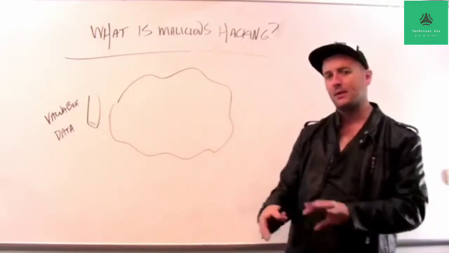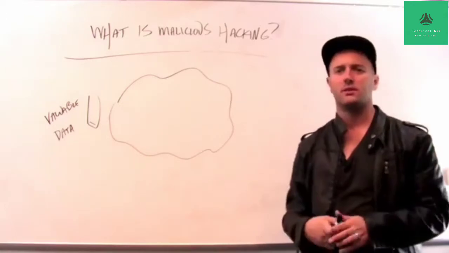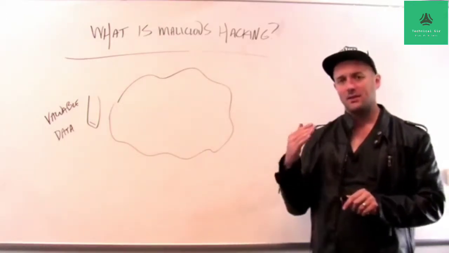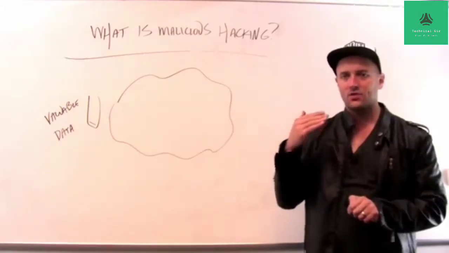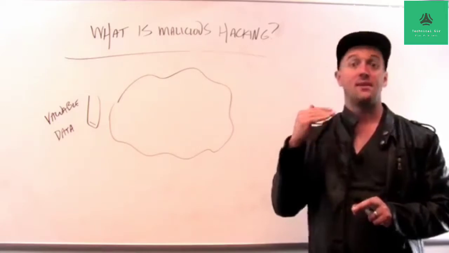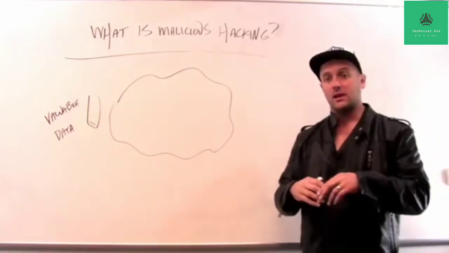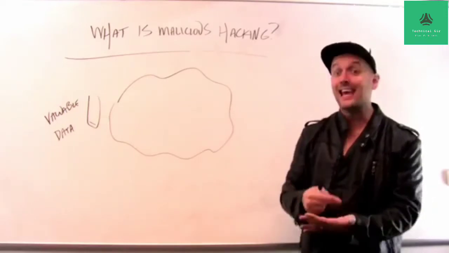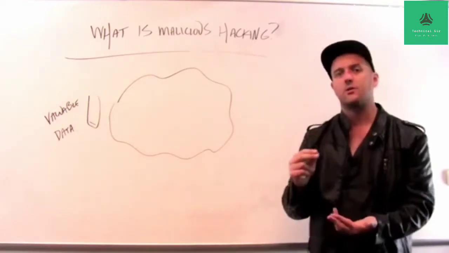Computer hacking could be programming, it could be doing stuff that's fun and really productive and really useful for society. Malicious hacking is usually defined as the idea of trying to break into another machine and gain access to something that I shouldn't have access to. So, think about access control. Access control would say that I can't do this, and my job is to find a way to do that thing.